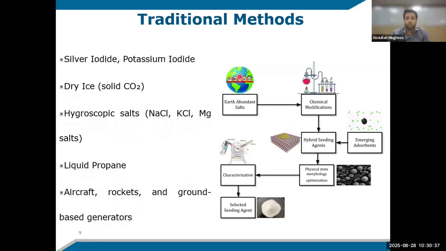So the way it works is that we get the chemicals from an earth-abundant source, do the chemical modifications, and then we have these hybrid seeding agents. Then we perform some of that chemistry, and ultimately we have that seeding agent, the chemical that we're going to spread into those clouds, which will cause it to rain because this chemical agent will act as a